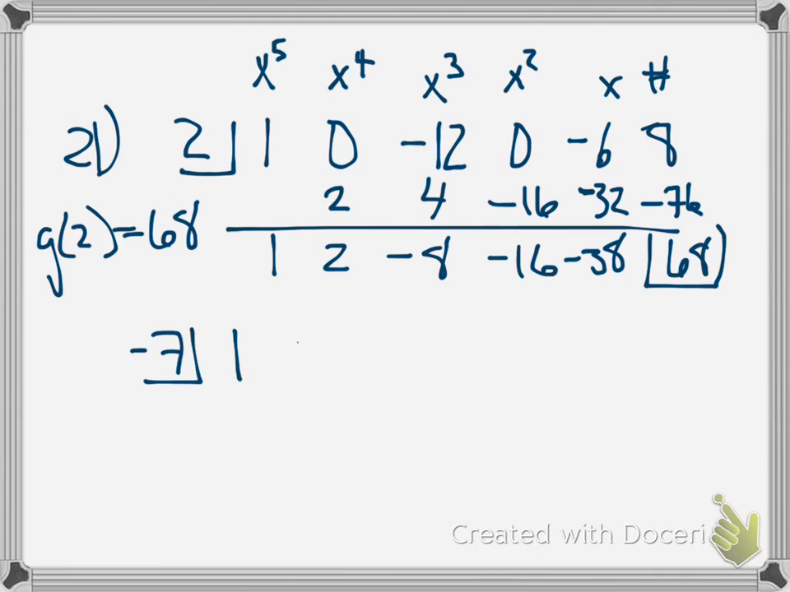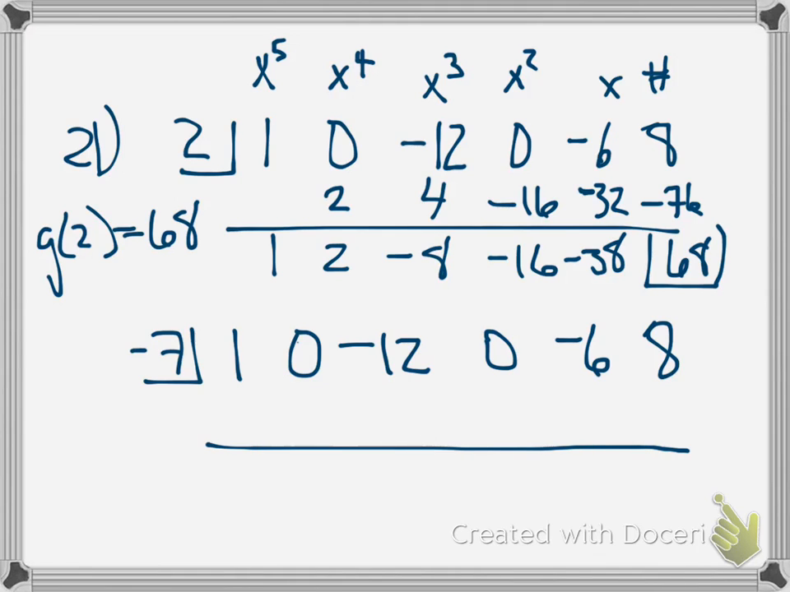Same thing for number 21. I'll go through the g of negative 7. Notice here, it starts off at x to the 5th, so I got 1 x to the 5th. There was no x to the 4th, so I put a 0. Then there was a negative 12x cubed, but no x squared, so I put a 0 there. Negative 6x and 8. Then I go: 1, multiply, combine, 0 minus 7 is negative 7, 49, and